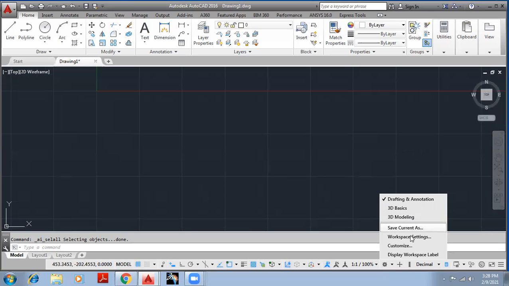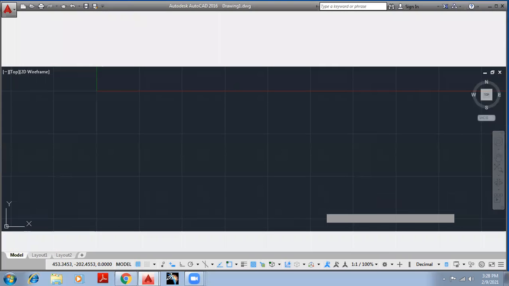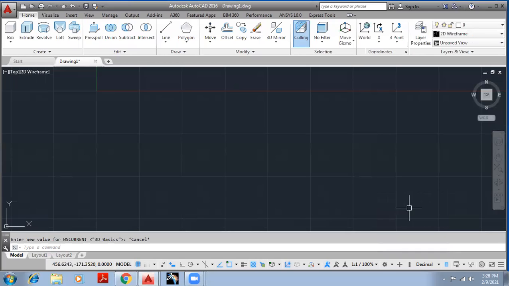If you want to make any customization in these three workspaces, we can go from these options. At this moment, we are going to see only these three workspaces in short. The very first one is Drafting and Annotation, which we are seeing. Then the next one is 3D Basics. If I click on it, that particular workspace gets activated, and whatever tools are required for doing modeling will be shown over here on the top ribbon.